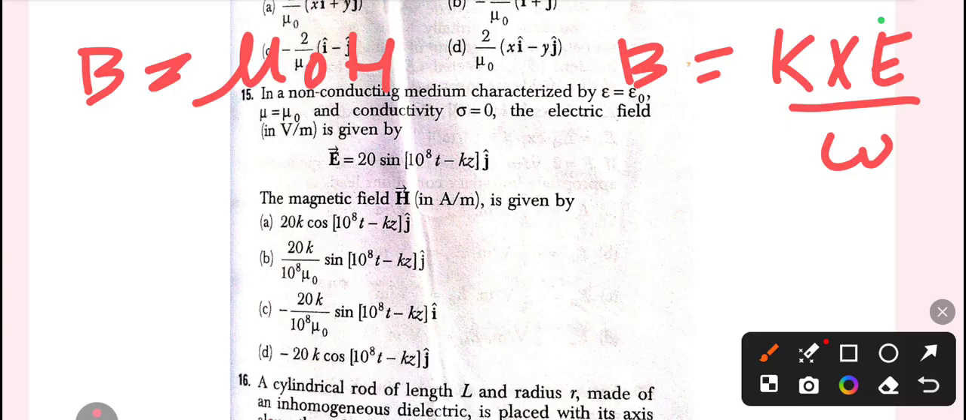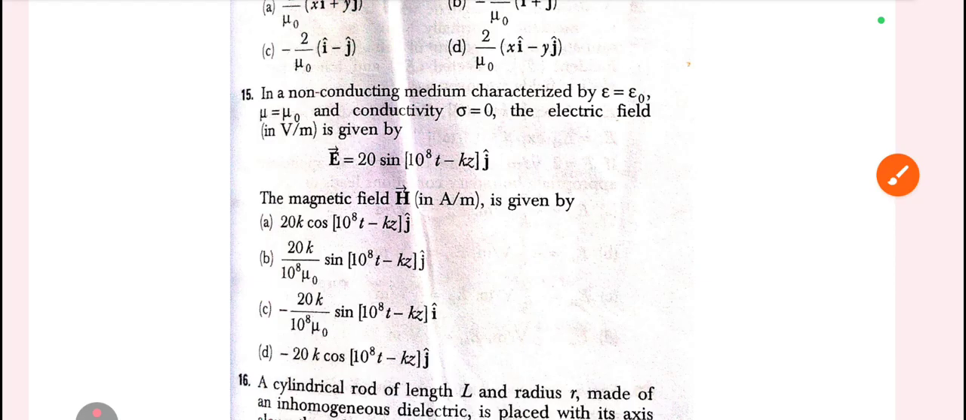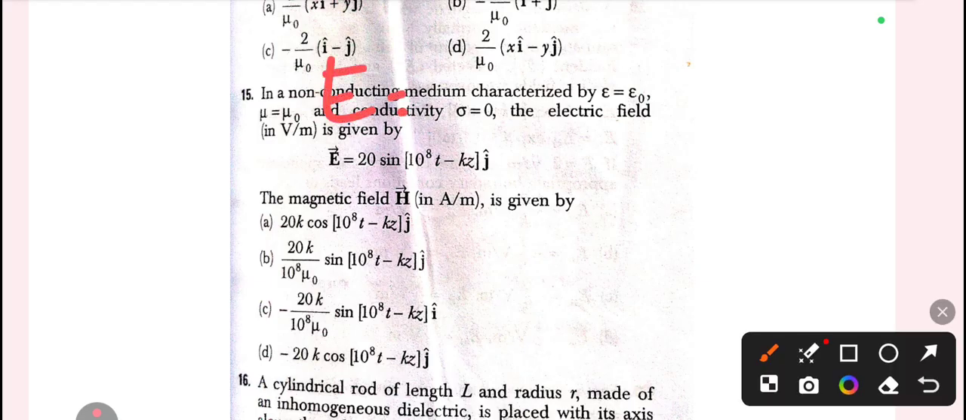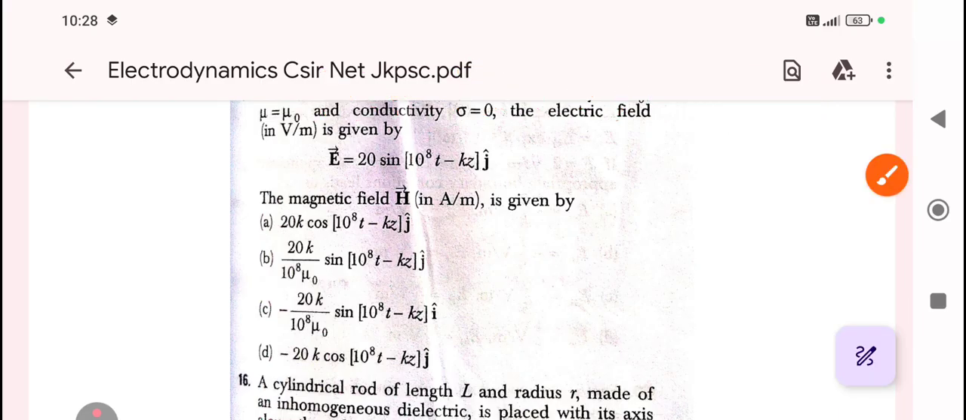Then using B equals mu naught H, we have H equals 1 over mu naught omega, K cross E. Use this value of E, and using this value we will easily find H. For omega, comparing this, E equals E naught sine of omega t minus kz. Then omega